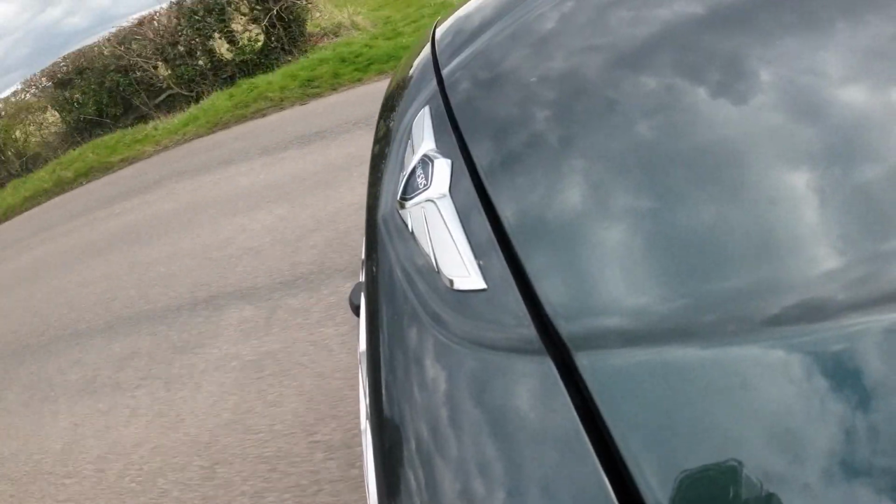And then we've got things such as the fuel consumption. That's something, like I've mentioned earlier, I'm not going to class as a major niggle because I've already covered it, but I would just like to say to Genesis, try and develop a plug-in hybrid version of the GV80, because I think, especially now with diesel and petrol cars coming up to the final straight of their lifetime in terms of being developed and manufactured,